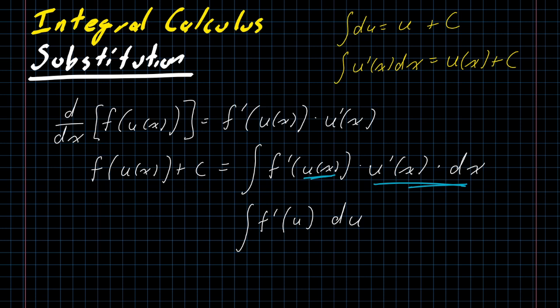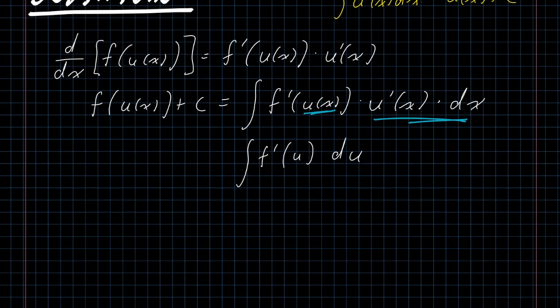So if we are given an integral in a form that is messy, and we happen to have gotten lucky in how our form is messy, we can use this method of substitution in order to perform our integration. So for example, if I have x times the square root of 9 minus x squared dx,